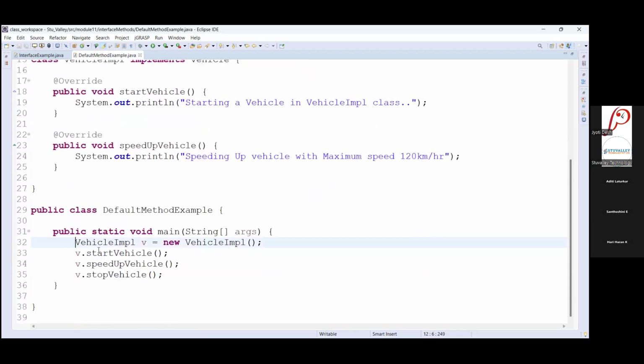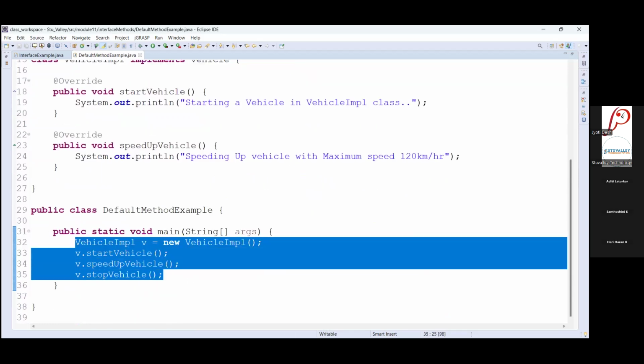And it is normal object creation like we have done previously also. Nothing changes.